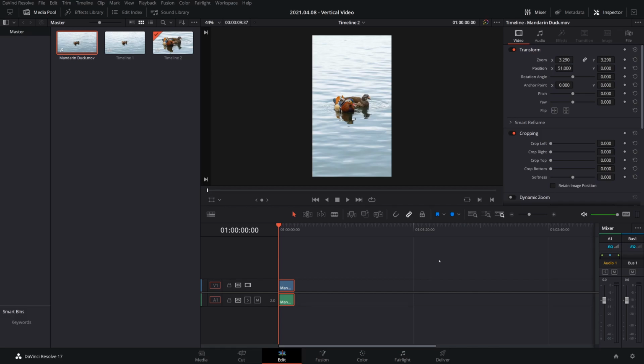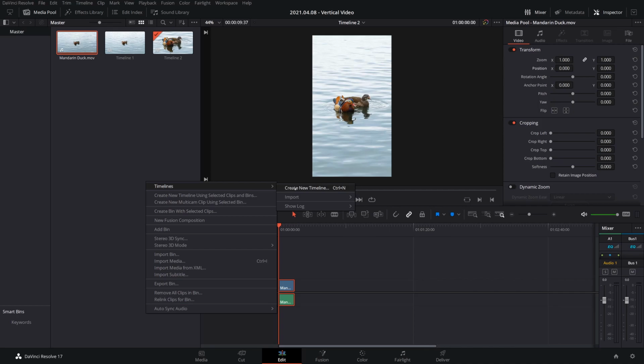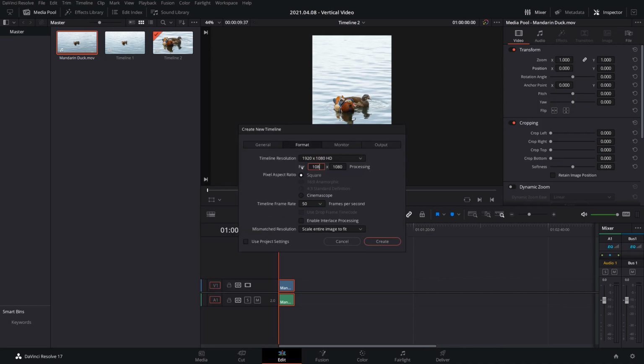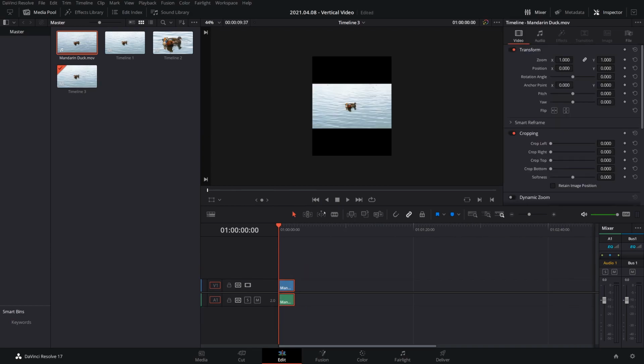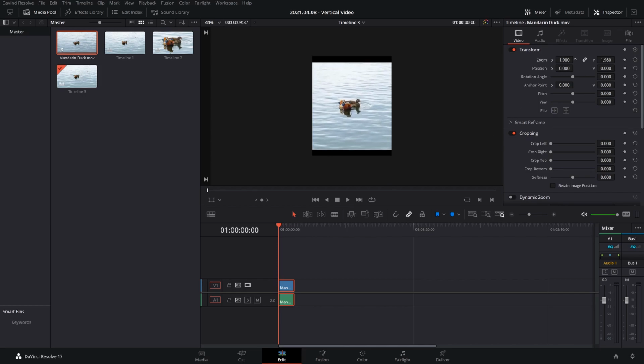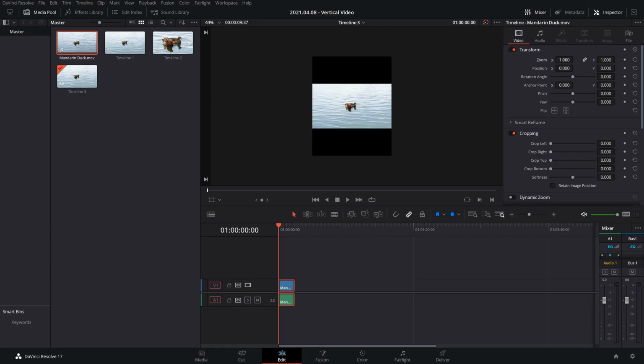Okay, now say you wanted to do it for an Instagram post instead. Now obviously you can do the exact same steps, but instead of 1080 by 1920, this one would be 1080 by 1350. Okay, and drag your footage in, but this time you've got your footage here, but you don't want to cut anything off the sides. So you don't want to zoom in or anything like that, because then you're going to lose some of the information that's necessary for your story, for your video, whatever. But you should still have your post this size on Instagram, because then it gets seen by a lot more people. So for this, so we don't have the black space at the top and bottom,